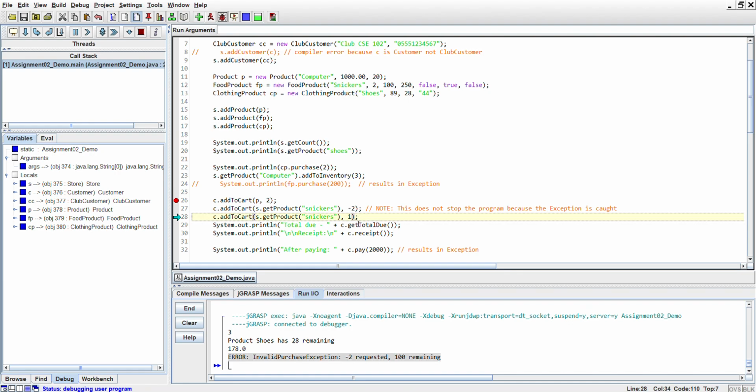I wanted 1 Snickers. Right? So now we have 1 Snickers. Right? So what's the total due? Well, Snickers cost 2, and we got 1 of those, and the computer cost 1,000, and we got 2 of those. So we should see a total due of 2002. Now, so what we're going to print is we're going to print total due, and then